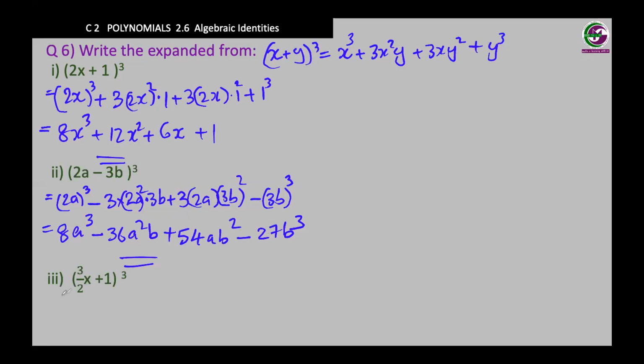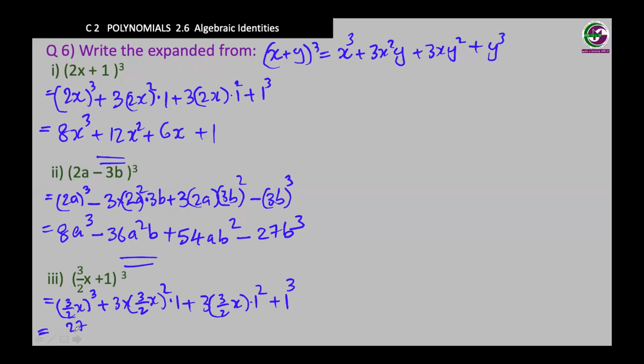Again, we have to power 3. So 3 by 2 power 3, first cube of the first one, plus 3 times square of the first term times the second one plus 3 times first term times the square of the second one plus cube of the second term, which is equal to